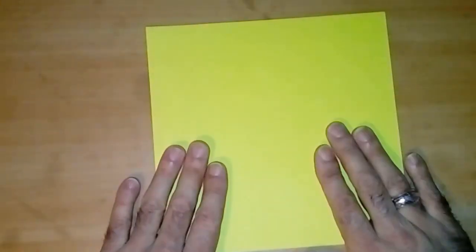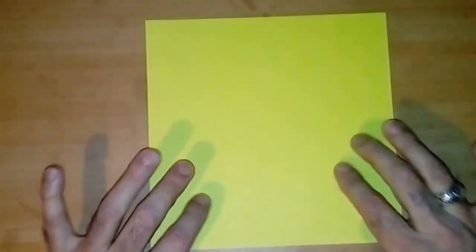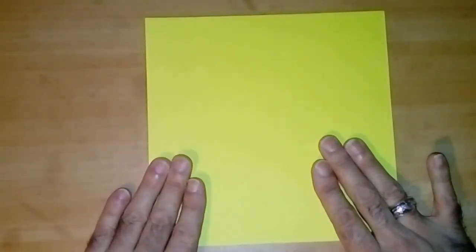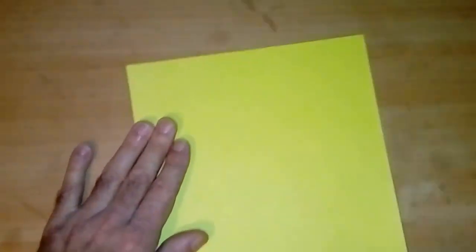But you'll get it the first time if you just take your time, don't rush it, and fold with me completely. You will get it. It's easy to do origami. All you do is take your time with it all. And I'm going to be showing you in real time, just like I do on all my videos. So fold along with me. Anyway,